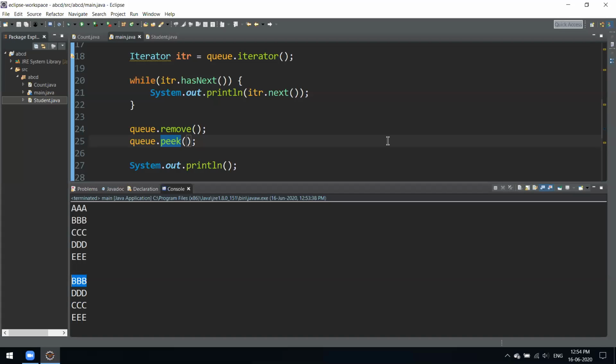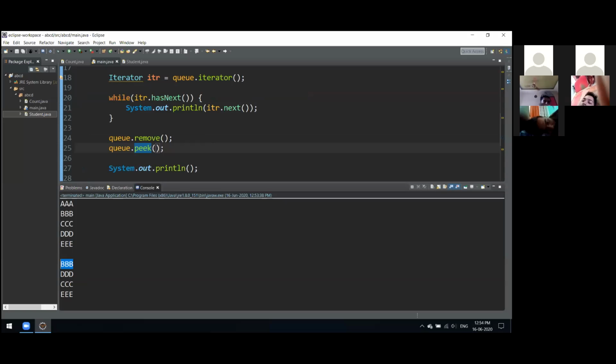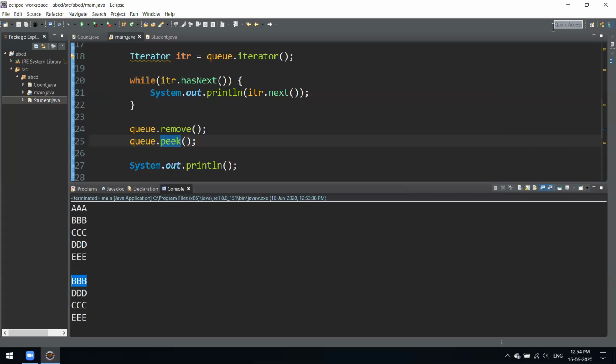If you know stack, think of it like an empty box, and you keep piling up elements on top of each other. In that case, the topmost element, the one added last, has to get removed first.